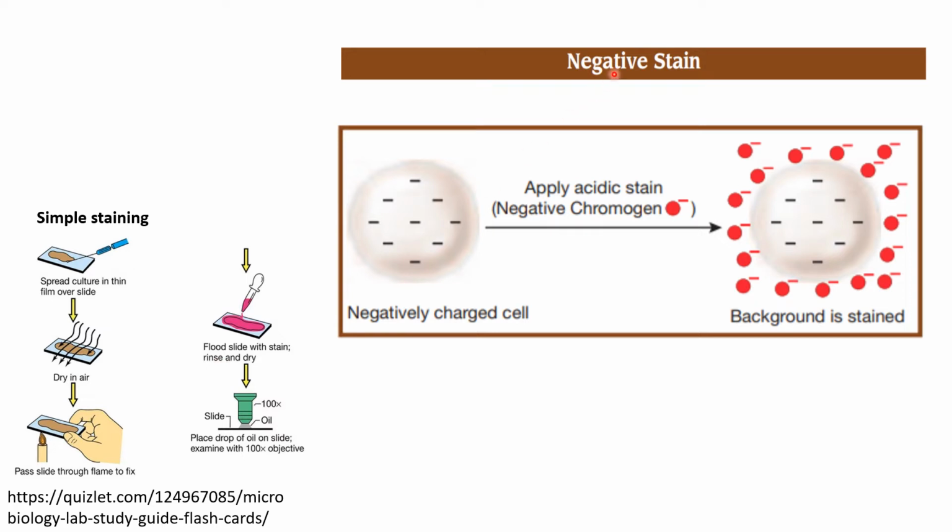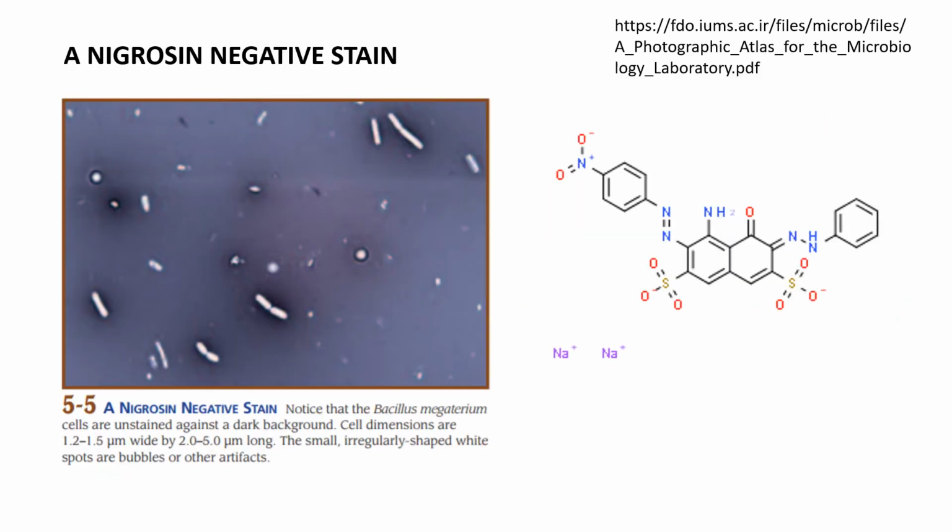Okay. What else? So negative staining, again, we use a dye. Of course, the dye should be acidic or with a negatively charged functional group. So that's the idea behind negative staining. An example of a negative stain is nigrosin. So nigrosin could stain the background and of course give the